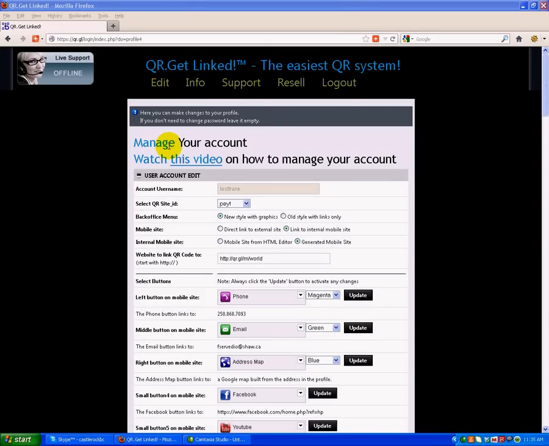I'm here to give you a quick training and overview on our latest and greatest feature, the HTML editor. You can customize your mobile landing page to anything you like. We're really excited about it. It's very interactive, and I'm going to start off by pointing out that once you've created your mobile landing page,